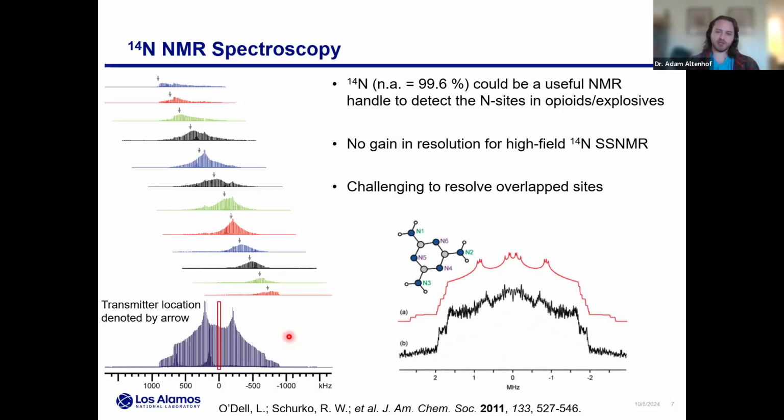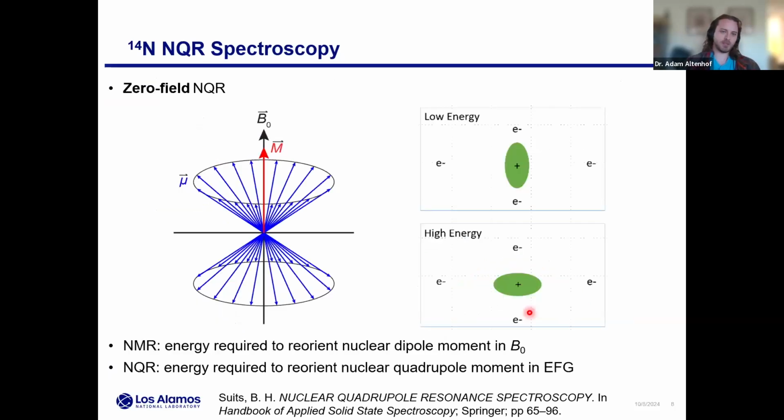To show where this really falls apart, consider multiple nitrogen sites, like in the compound melamine, where there are 6 inequivalent nitrogen sites. What we're showing here is a simulation of the best guess of those individual inequivalent sites overlapped, and what we get in experiments is in black. So, you tell me, in the audience: you measure the spectrum in black, how many nitrogen sites do I have? What are their tensor parameters? This is a pretty difficult task from this data.